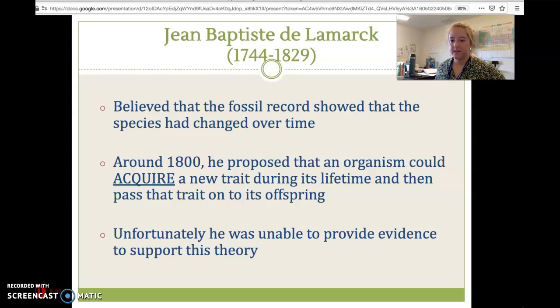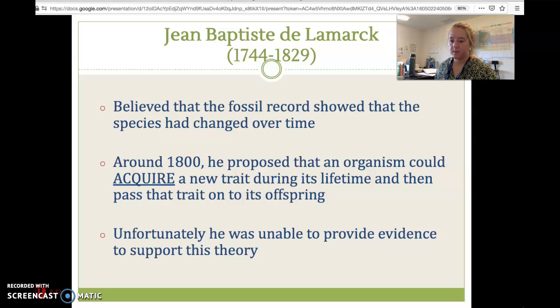So Jean-Baptiste de Lamarck was alive from 1744 to 1829. He believed that the fossil record showed that species changed over time. He was quite an interesting man. He was named as a naturalist, which is a type of ecologist. They study nature and they're very observational based, which means they sit outside and watch and observe species. He was also a soldier for the French army. He was a biologist